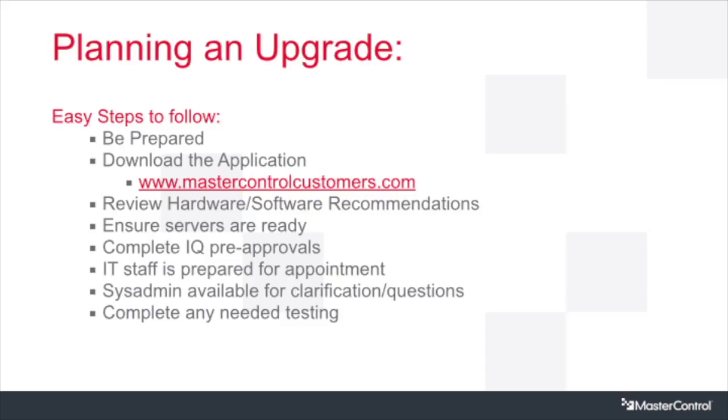And then obviously people that are available for any testing after the upgrade. One of the things that I will say that we've seen is some issues with forms as we upgrade to version 11. In previous versions we've seen low risk with upgrading process forms. With version 11 we've seen a little bit more of an increase in the risk on that, so